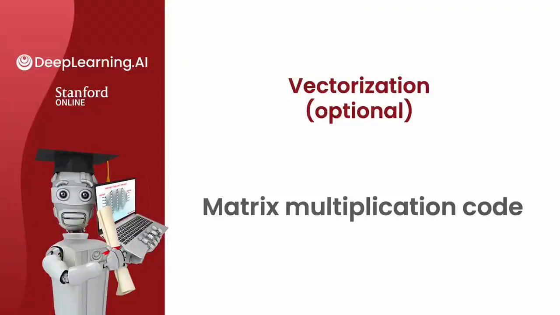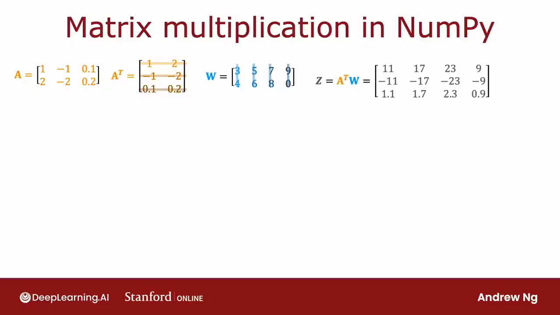So without further ado, let's jump into the vectorized implementation of a neural network. We'll look at the code that you had seen in an earlier video, and hopefully matmul, that is that matrix multiplication calculation, will make more sense. Let's jump in. So you saw previously how you can take the matrix A and compute A transpose times W,